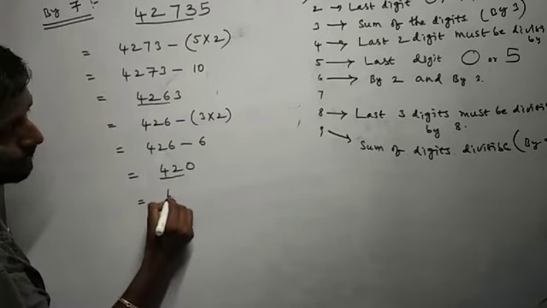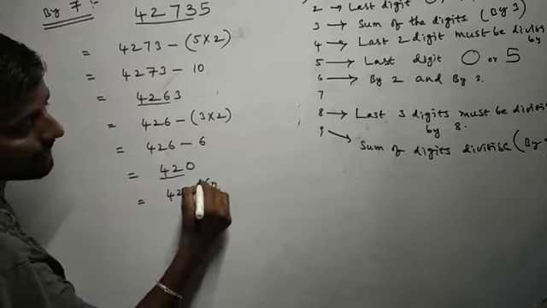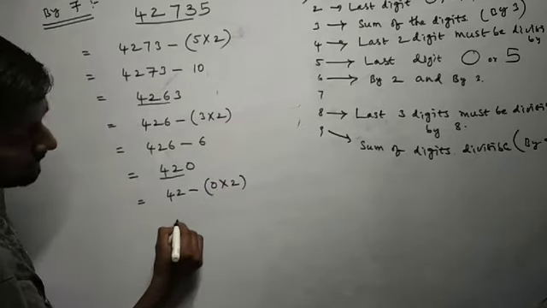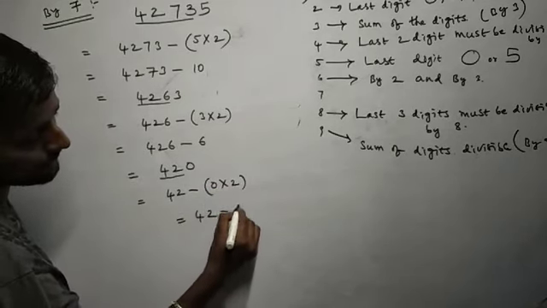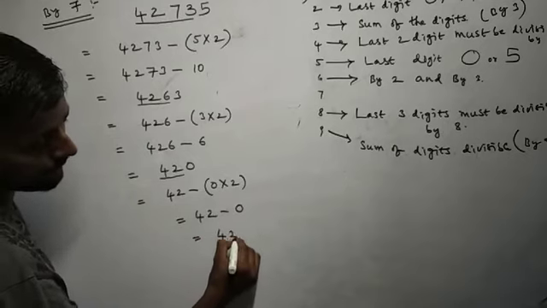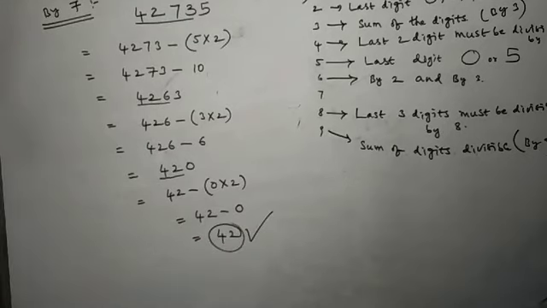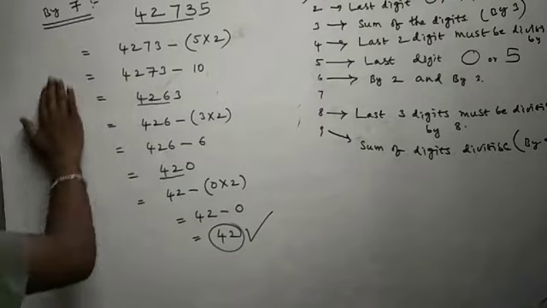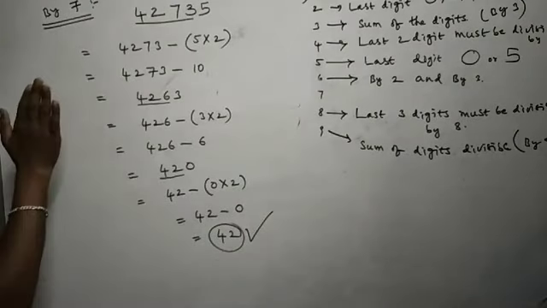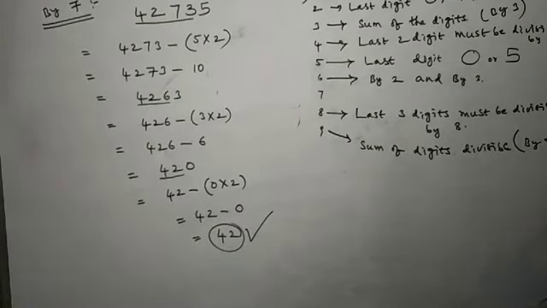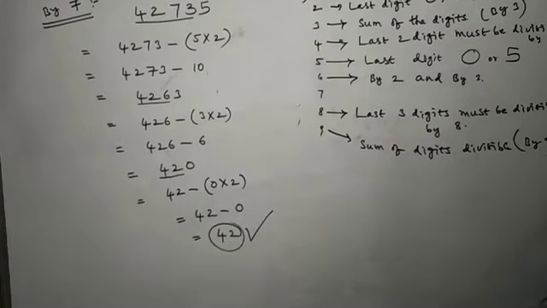If you do not feel happy with 3 digits either, let's simplify. 42 minus the last digit, which is 0. 0 into 2, simple, we'll write 42 minus 0. Overall answer 42. 42 is divisible because we know 7 6s are 42. So this is the divisibility rule of 7. So 7 is always special among divisibility rules. Okay, right.